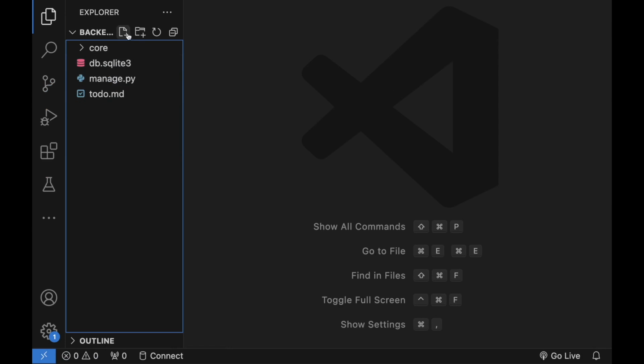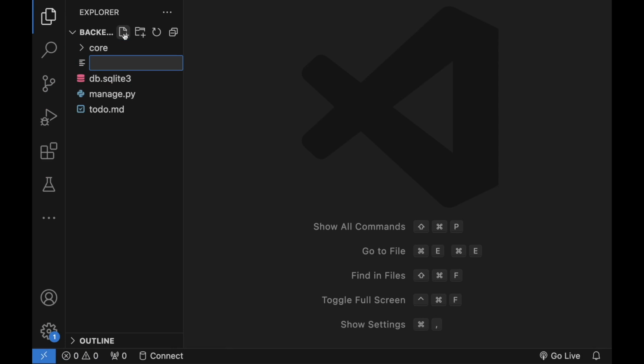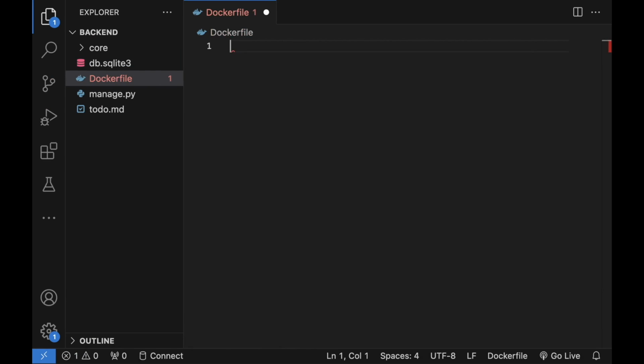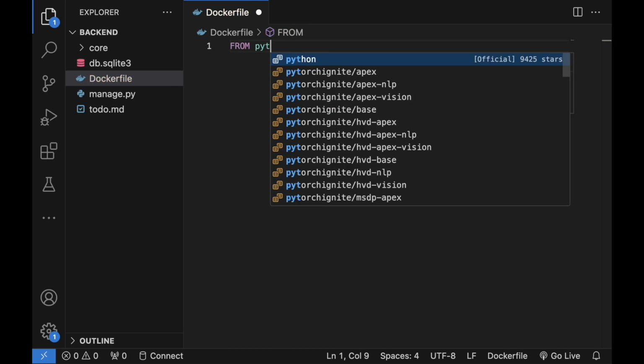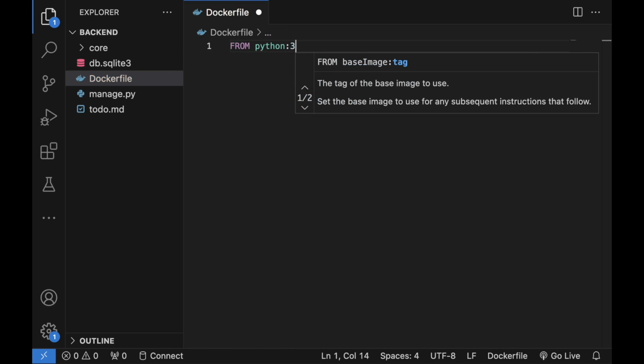Back in Visual Studio Code, I'm going to add a new file, and I'm going to name it Dockerfile, like this. As the first step, we need to specify our base image on top of which we are going to create our custom one. For this particular example, I'm going to use Alpine Linux, which is a lightweight distribution, and it will minimize our image size. So let's write FROM, and then python, specify the version. I'm going to use 3.10, and then